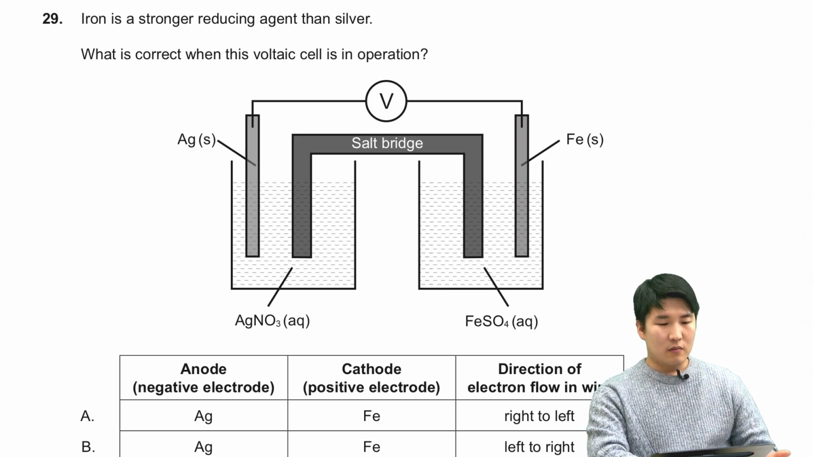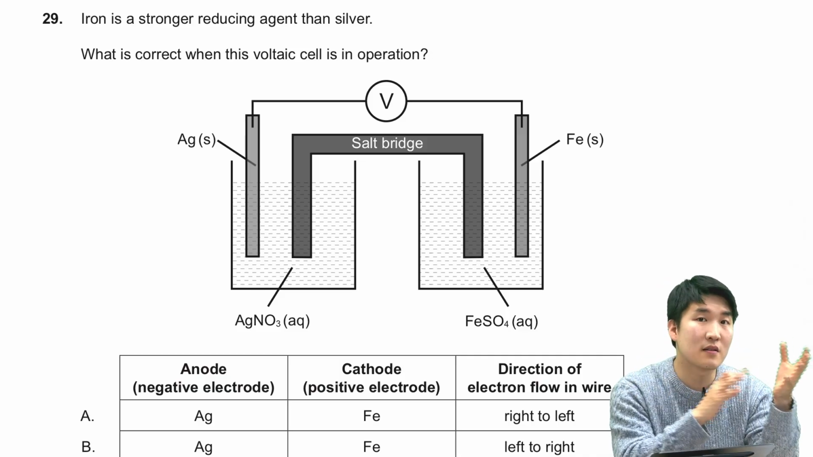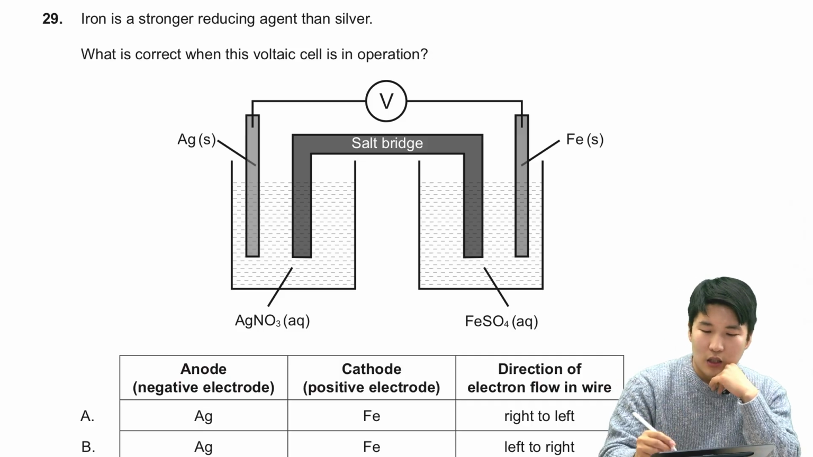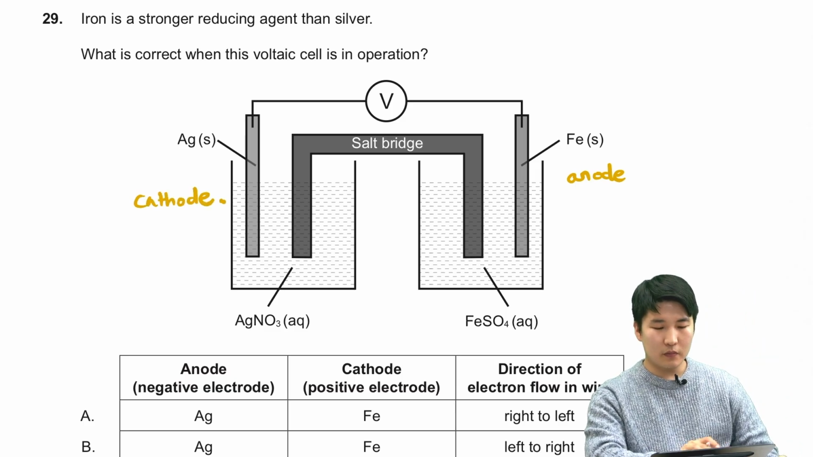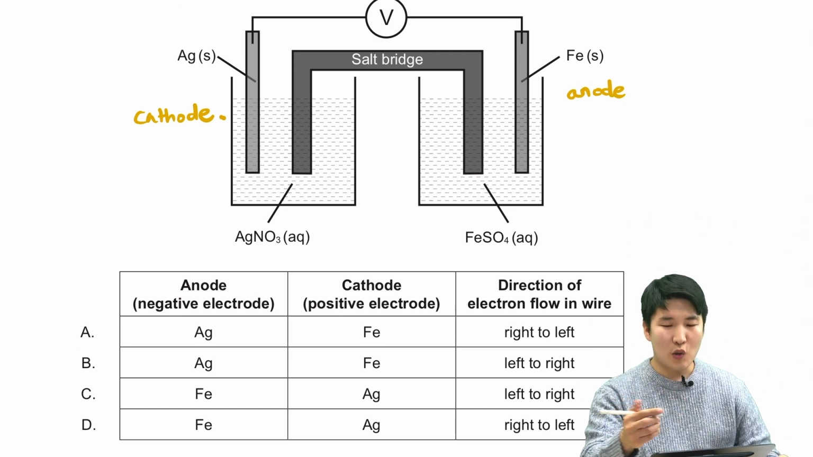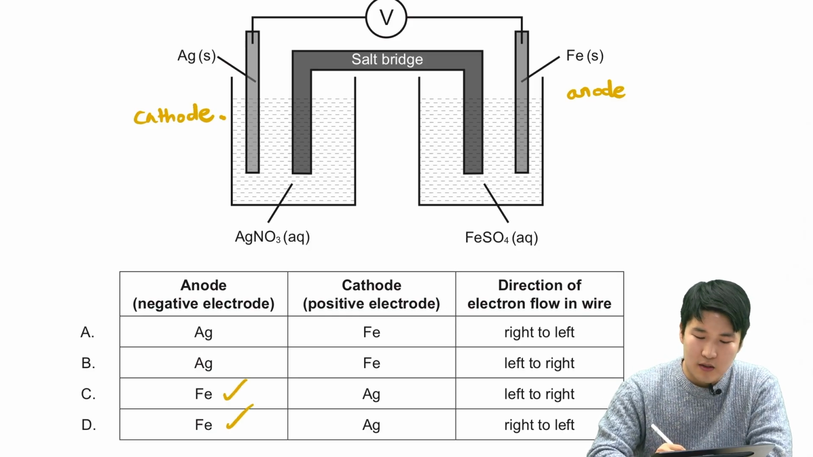Voltaic cell question. We're dealing with iron versus silver, where we're given that iron is going to be oxidized and silver reduced. Iron is the reducing agent. Let's note how iron will occupy the anode, where oxidation takes place. Silver, cathode, where reduction takes place. What we're asked is, does Fe iron occupy anode or cathode? We know it will be anode. And silver,